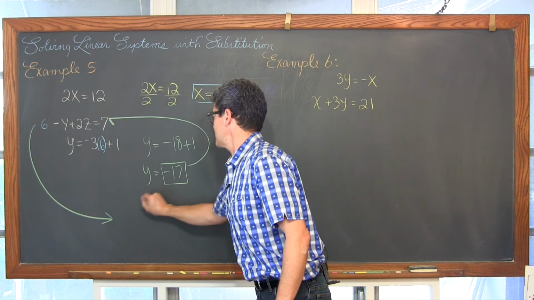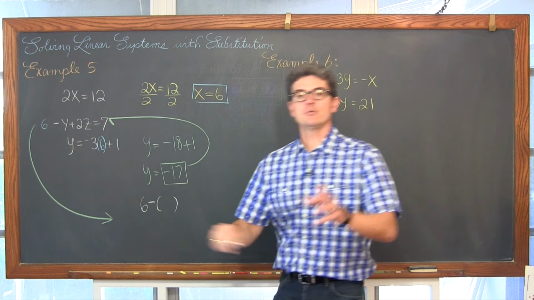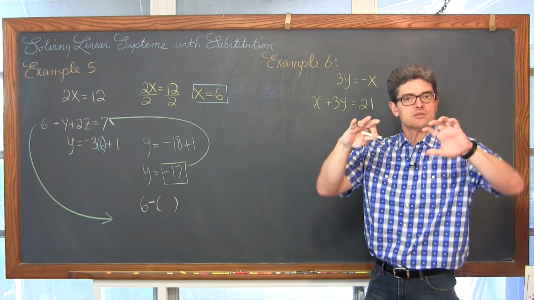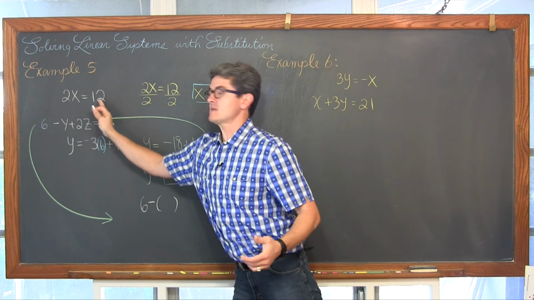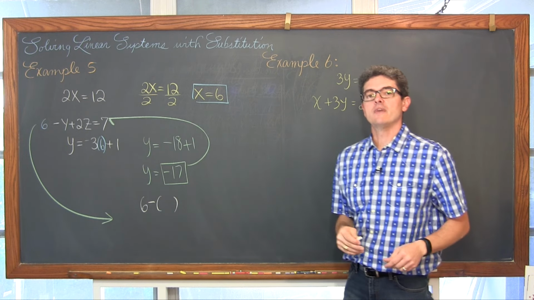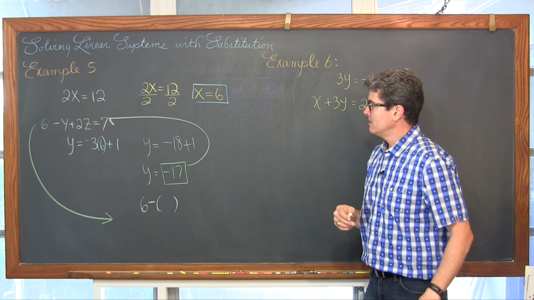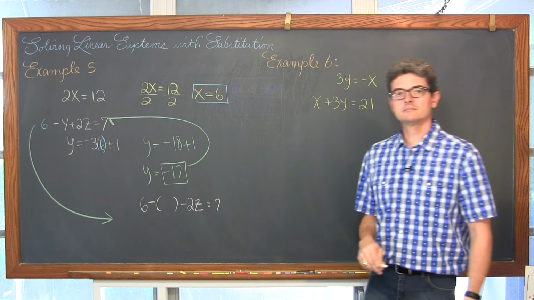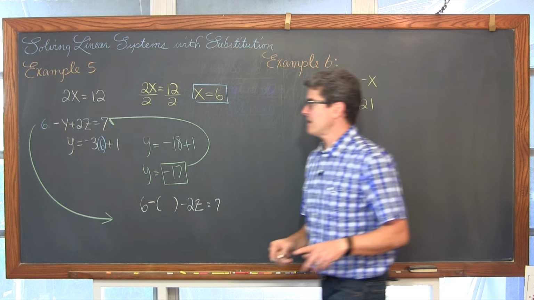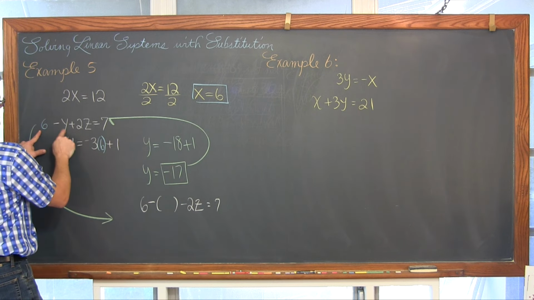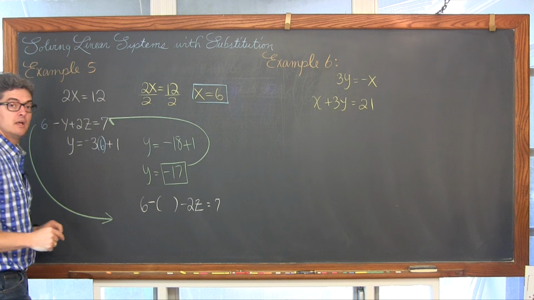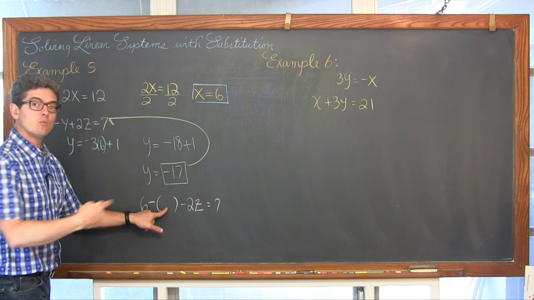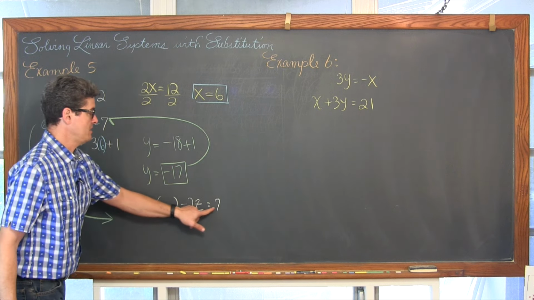We're going to have 6 minus, and I'm putting a set of parentheses in place of y. That's all a variable is, just an open place. They actually call these open sentences because there are variables to plug values in for them. Minus 2z is equal to 7. Now, if I do that, I basically just copied the equation 6 minus y plus 2z equals 7. Knowing that I'm plugging something in for y, I just highlighted the fact that it's 6 minus something that y represents, minus 2z equals 7.